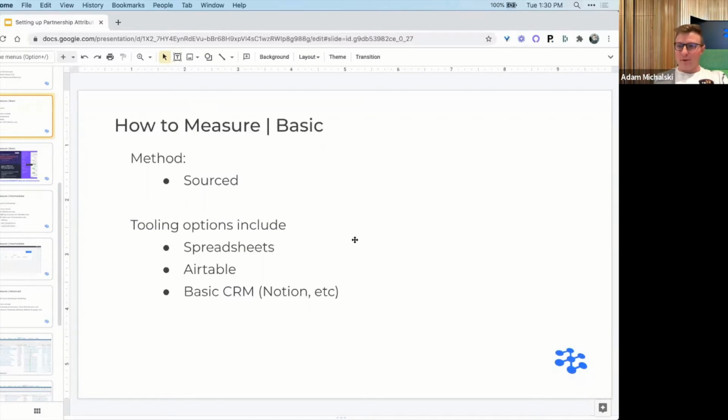Okay, experts. Cool. Then I'll gloss over this just quickly. So the basic version of this is just sourced, and we touched on this earlier: if you want to track one metric, I'd encourage you to just track sourced, because sourced at the end of the day is going to allow you to say definitively, hey, we drove this